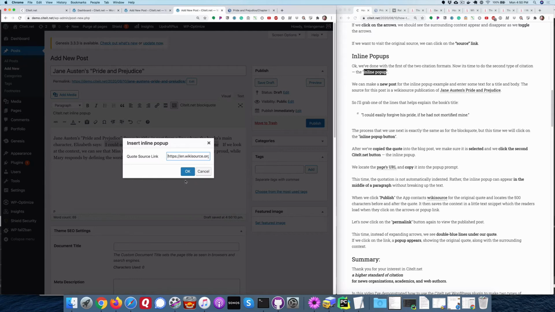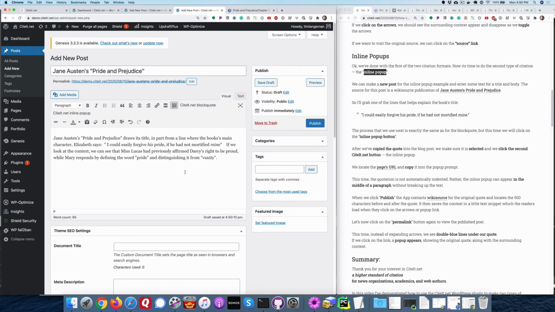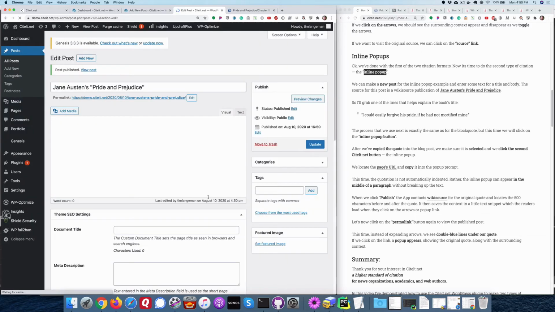This time the quotation is not automatically indented. Rather, the inline pop-up can appear in the middle of the paragraph without breaking up the text. When we click Publish, the app contacts Wikisource for the original quote and locates the 500 characters before and after the quote. It then saves the context in a little text snippet which the readers load when they click on the arrows or